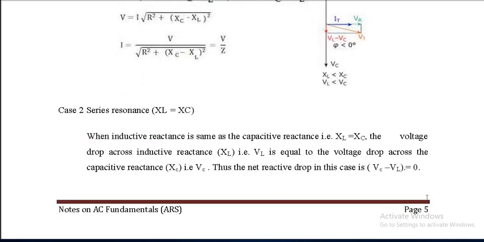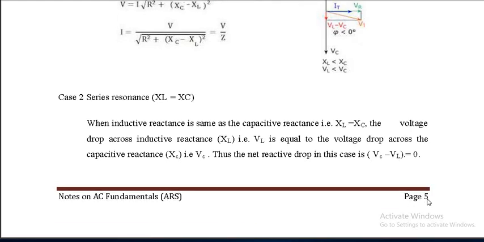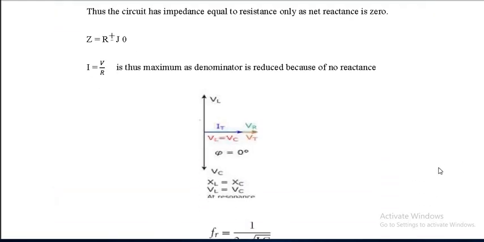Yes, the third case, that is neither inductive dominant nor capacitive dominant, but what if XL is equal to XC? That means VL is equal to VC. Okay, in this case, since VC minus VL is equal to 0, you will be having a graph like this. You can see the phasor diagram, that you have current as reference phasor, in the same phase you have VR. Okay, and since VL and VC are compensating each other, we have power factor angle as 0, isn't it? Because it will be only now Z is equal to R, right? Because the X component will be 0, XL is equal to XC, right?